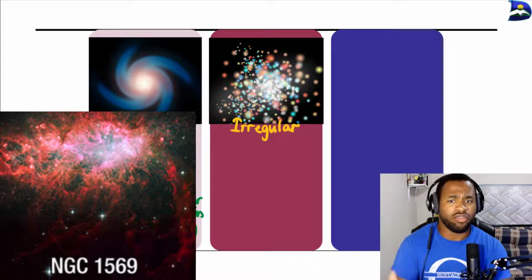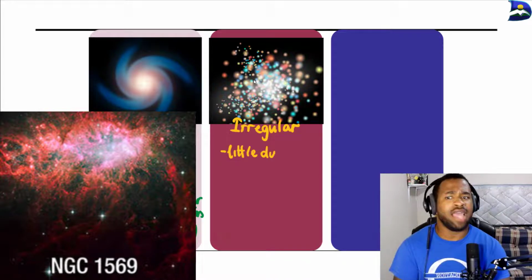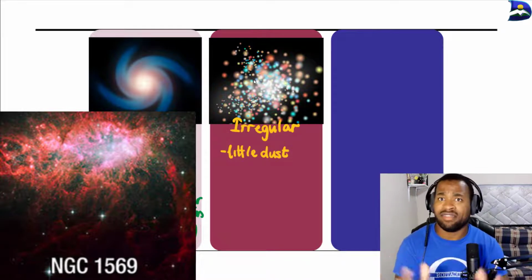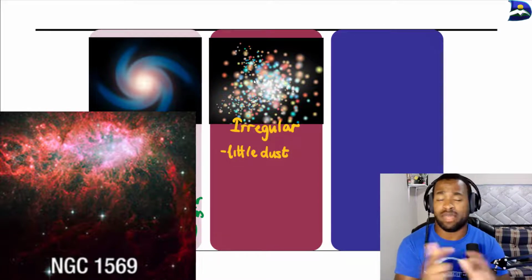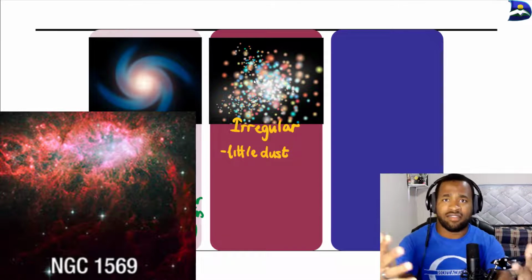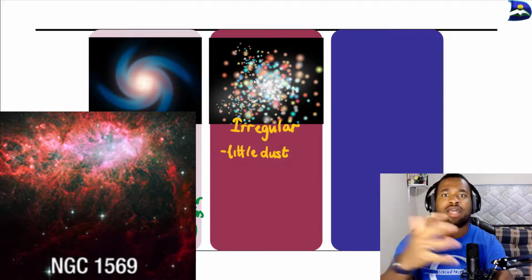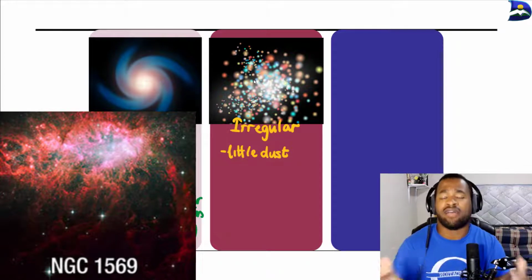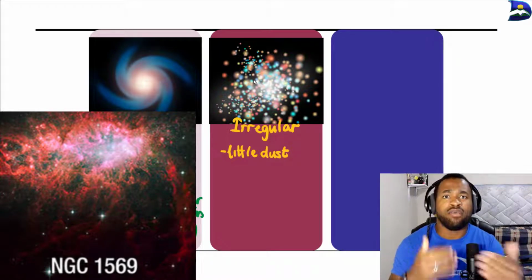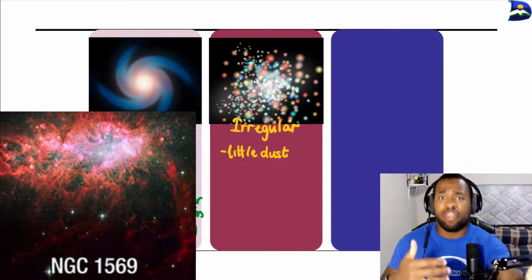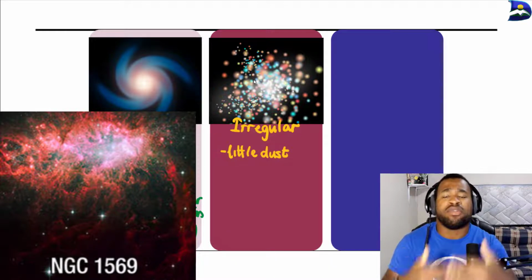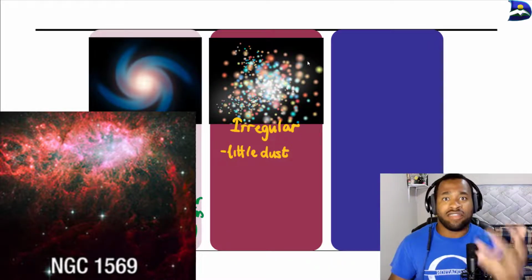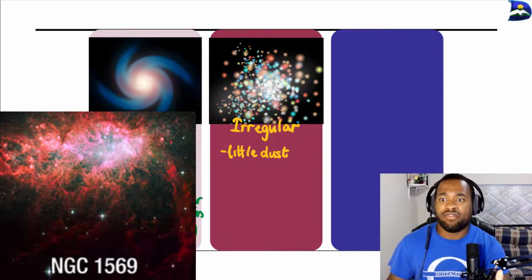And the reason why it is irregular is because it has little dust present, and in addition to that, it looks back in time, which is really important in terms of how we describe and analyze different images that are gotten from all the telescopes that we've had, and also how we can look back to how many years this image is actually taken for, how many light years away, because of the background lights or stars that we see right here relative to the shining ones that we have right in front of this